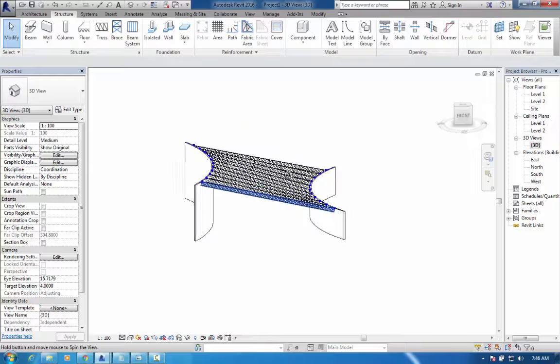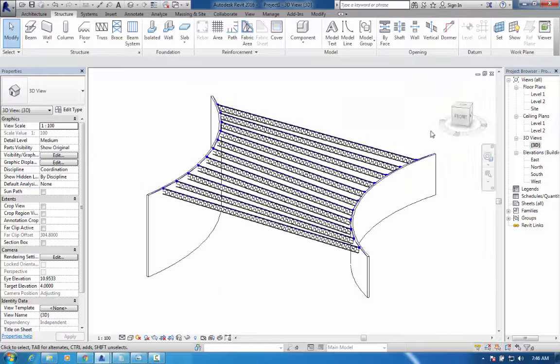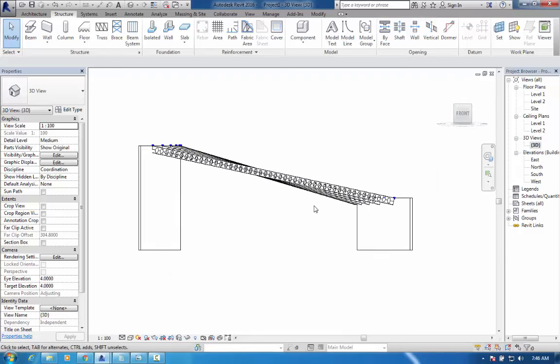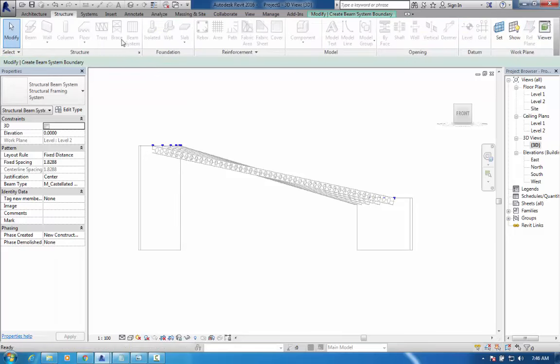Here it is. This is our structure. Actually, if you are trying to build this with the beam system, you'll need to build every one apart, because the beam system doesn't have an offset option. Like if you're just using a beam,